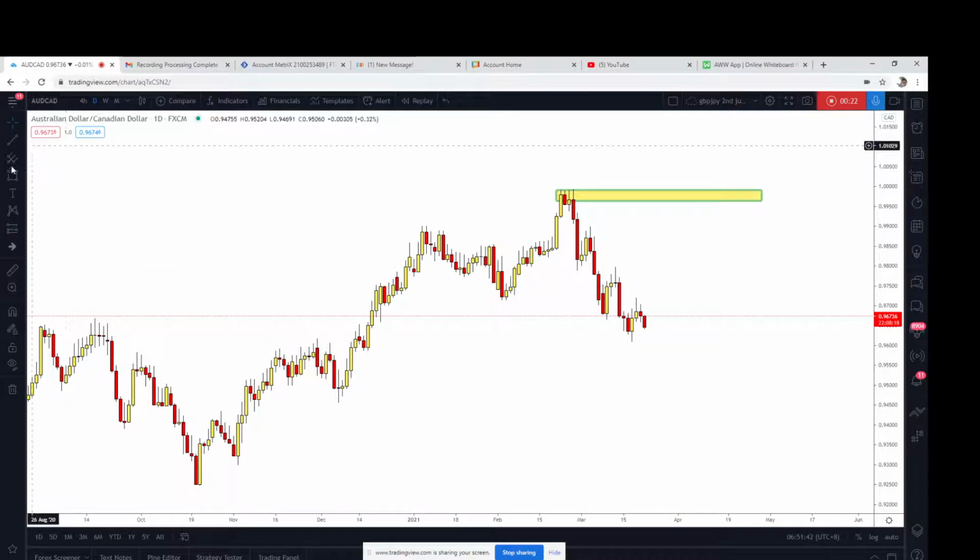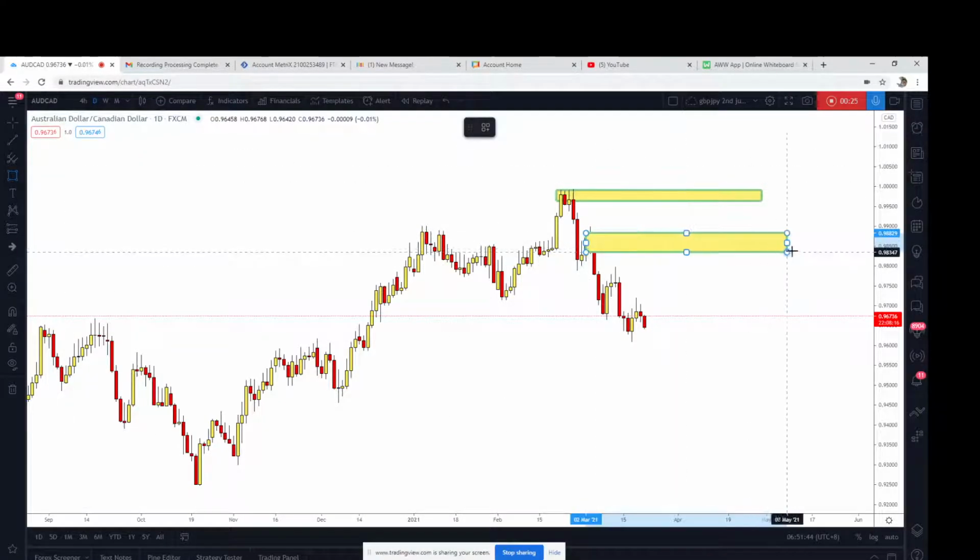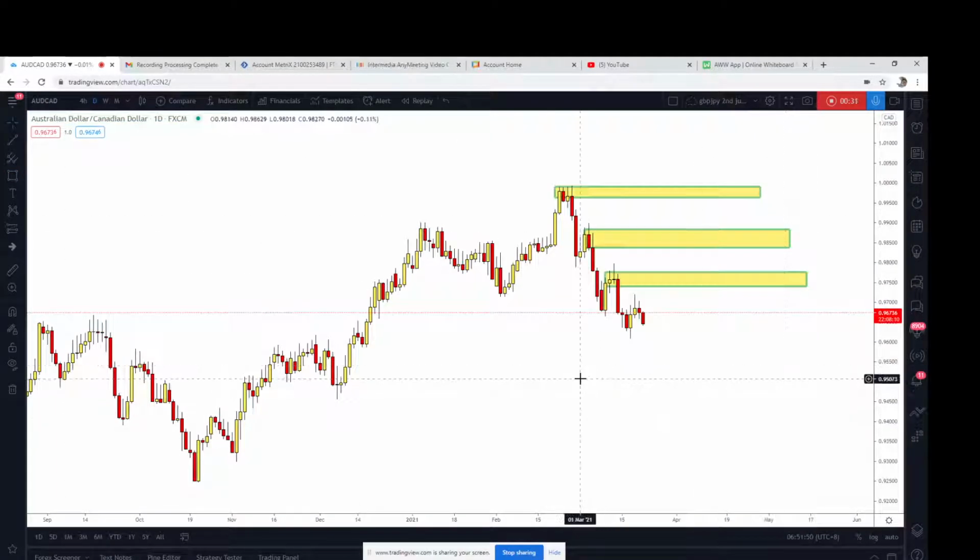Okay, so that's for AUDCAD. We can see supply is more than demand, right? So when supply is more than demand, we look to sell,